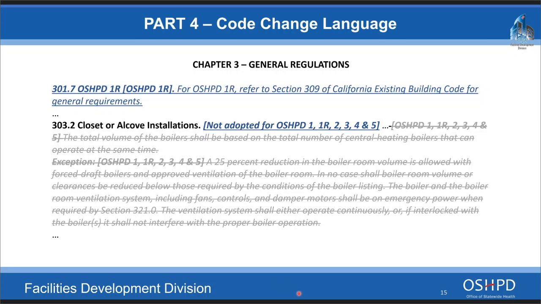Okay. General requirements. We have 3017 for general closet and alcove installations. The main thing we want to look at here is that there was some old, odd language in both model code and OSHPD language for closet or alcoves, basically boiler installations. At one point it looked like the title of this paragraph had been changed without changing the substance. So it was tough to enforce, tough to follow, tough to understand. So we gutted this, and we moved the language up to a more modern, useful standard.